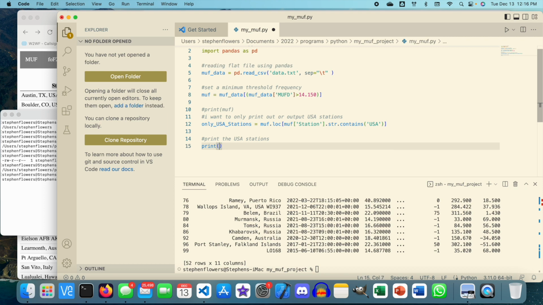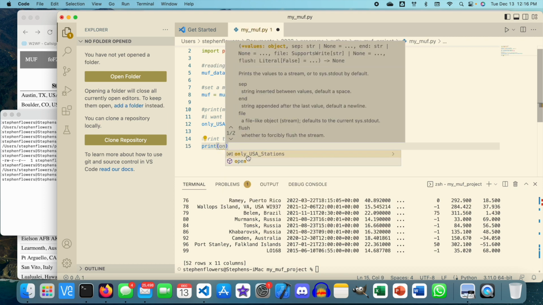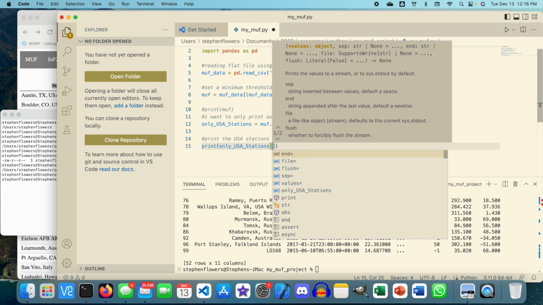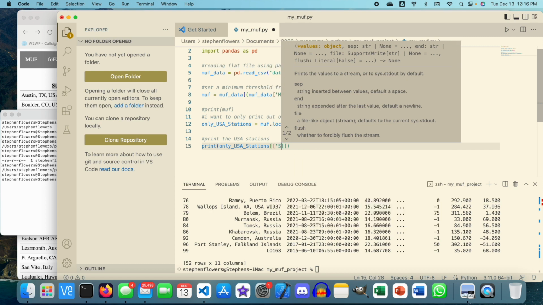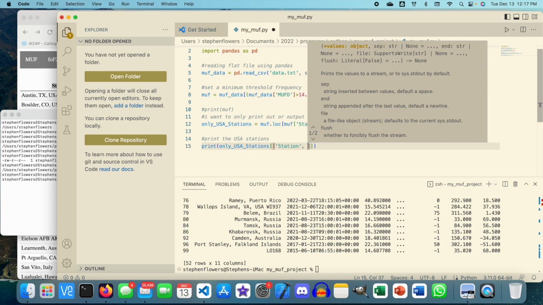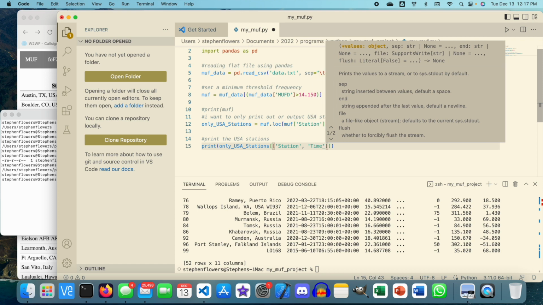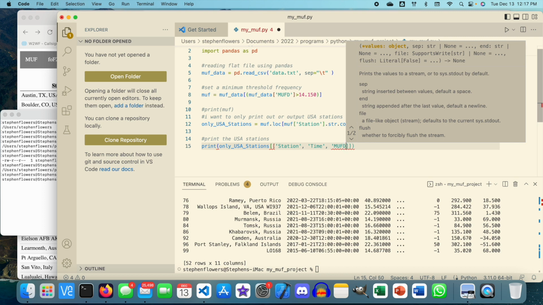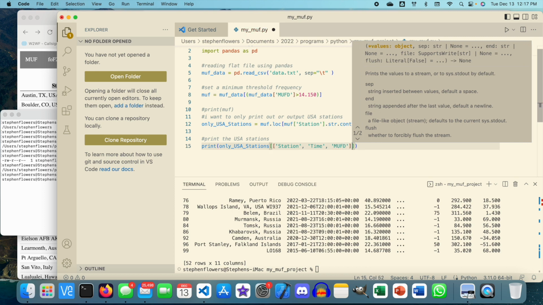Print only USA stations there, and we're going to go ahead and do this. It's going to be station. So we want a little bit more than just those stations. We want to say specifically, give me the station, give me the time, and give me the specific MUFD, right? The other thing we want to do here, we're combining quite a few things in this print statement, which is great. We're going to say sort